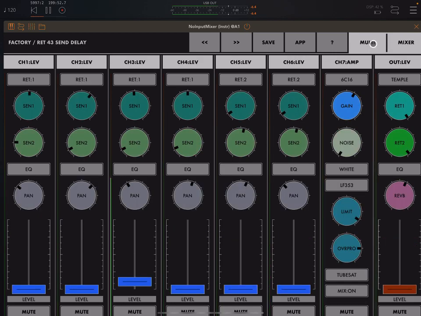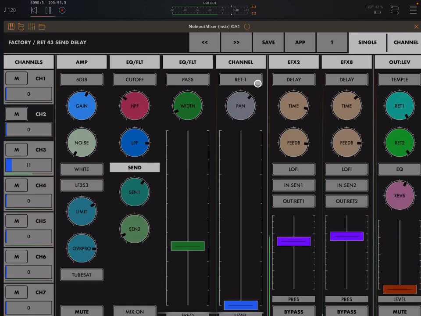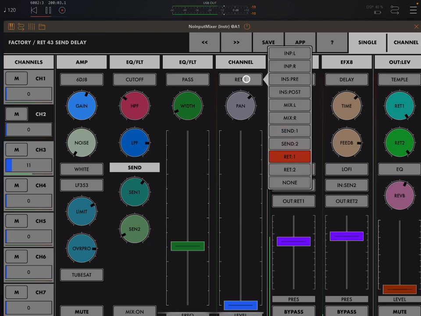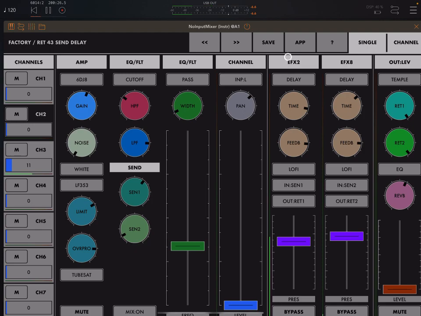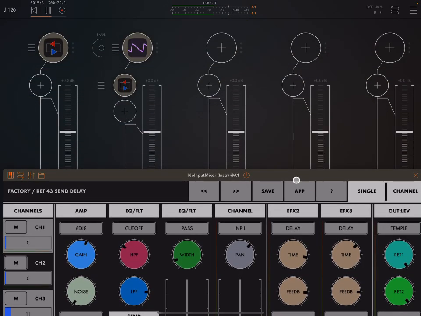Going back to the single view, remember that if you open a preset and you don't have sound, you really, really need to look at what's going on in here. I mentioned earlier in the video, so now is maybe a point to just remember a few of the weaknesses of the app. One thing I find very weird is that by default, things like the init preset open with this set to input,